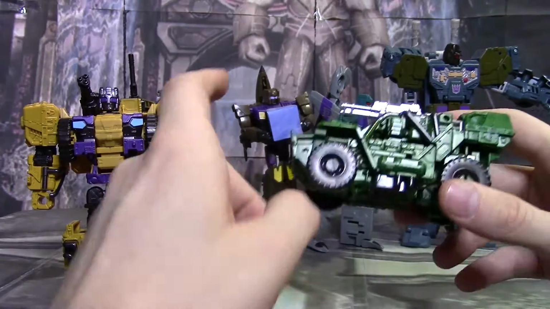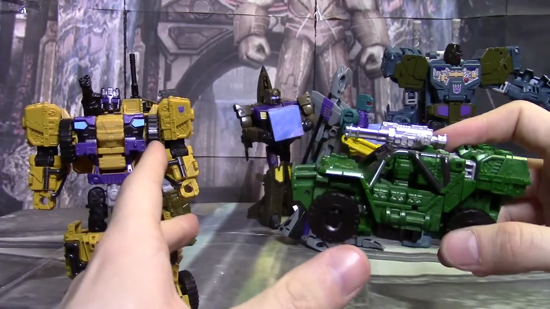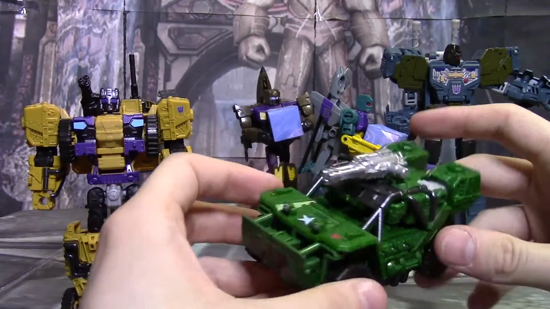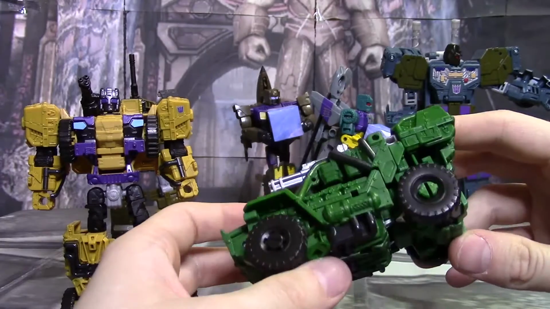The color scheme, by the way, you can totally swap the legs out on these guys, and it actually looks kind of good on both of them to swap in some green onto Swindle and some yellow onto Hound. I don't know, I found it to be a nice looking dichotomy. Anyway,